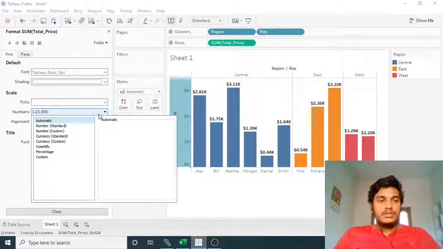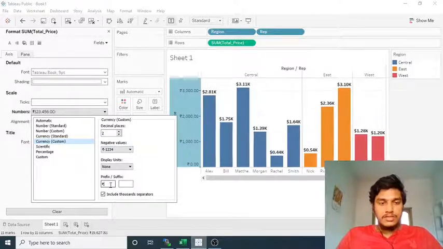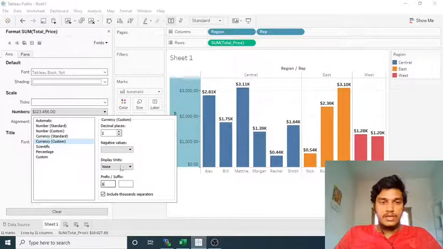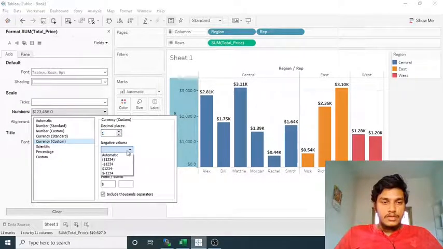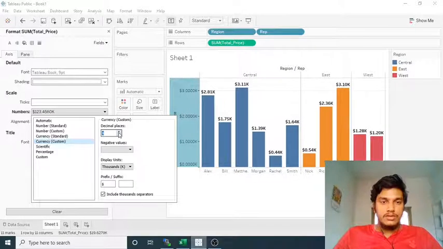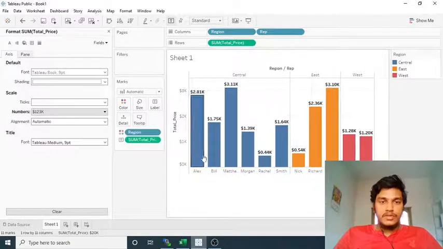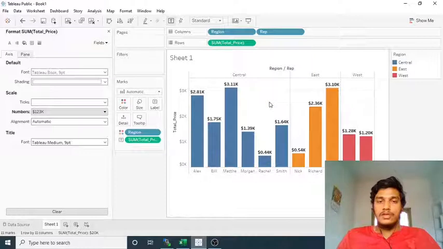But what we want is, suppose I want to convert this also to dollars, then I want to create it as a dollar, and moreover the decimal place I am giving as 0 here, and the display units are in K. So if you observe here, the price is $0K, $1K, $2K, $3K, and now the graph looks very absolute to the scale.